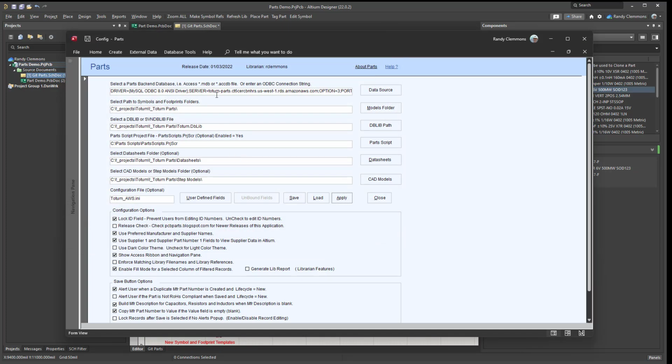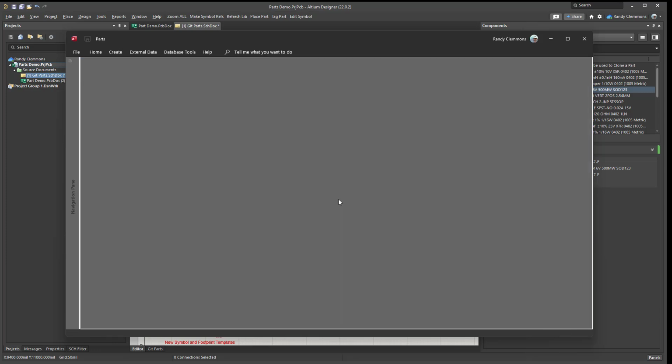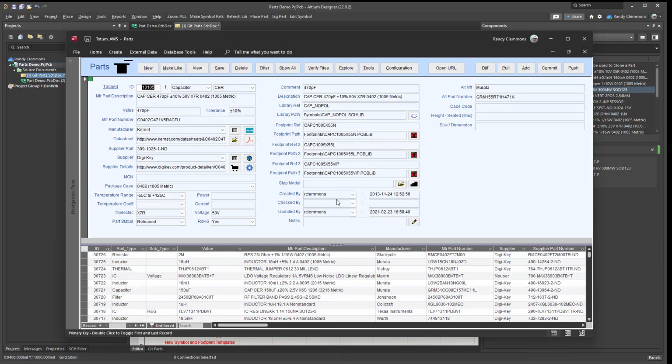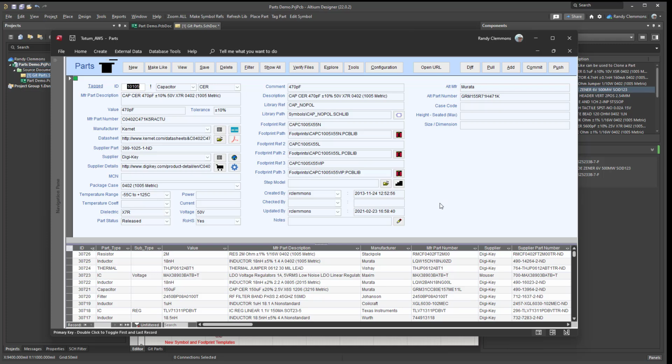It's a MySQL database for a customer named Totem, and the database is hosted on Amazon Web Services. The footprints and symbols are also kept in a Git repository, and the parametric data is